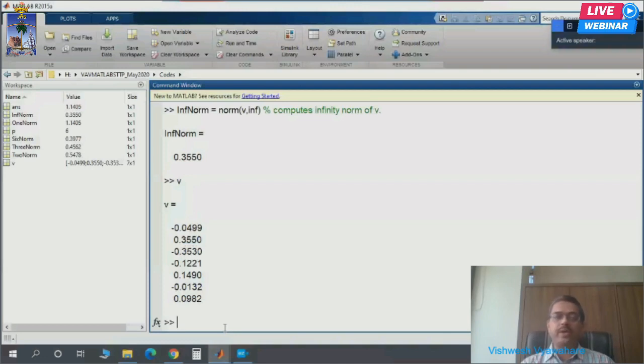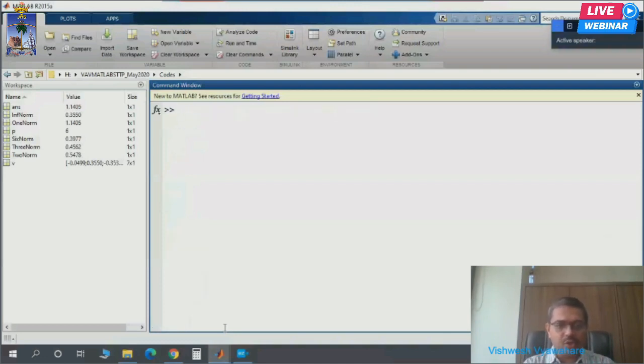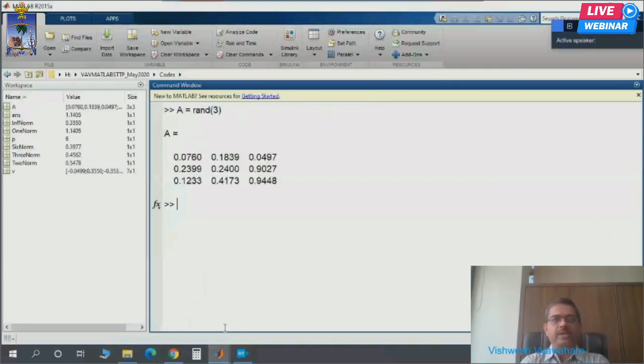This itself is positive, so it has given this answer, basically. Similarly, you can also calculate the norm of a matrix. Quickly, I will show you one example. A is equal to rand(3). You have got a 3 by 3 matrix, which is randomly generated in MATLAB. norm(A, 2), or norm A comma 2.